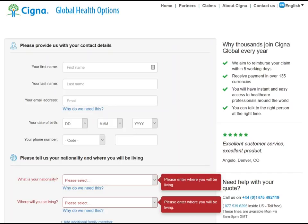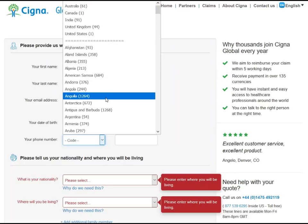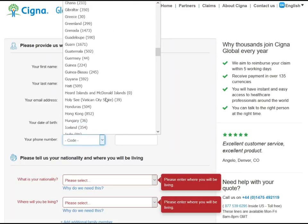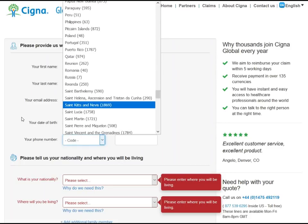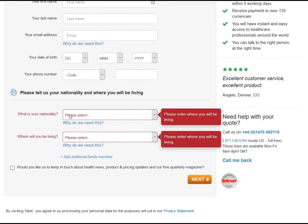So they are a worldwide organization, and they don't ask very much information. First name, last name, email address, your date of birth, phone number, and it gives you the link to go down to wherever you are. I would be in the Philippines, of course, way down here. Lots of options there. And then you put your phone number in there, and then